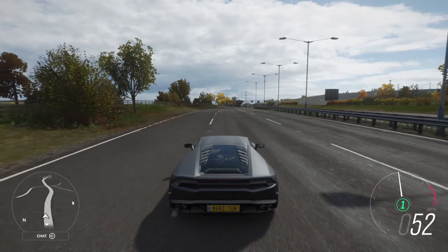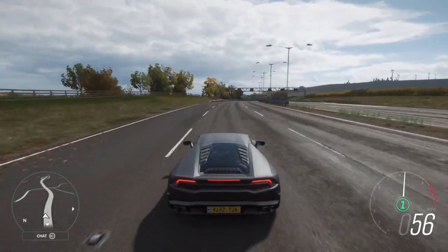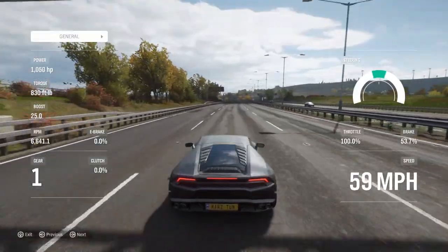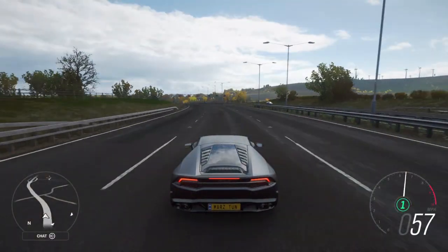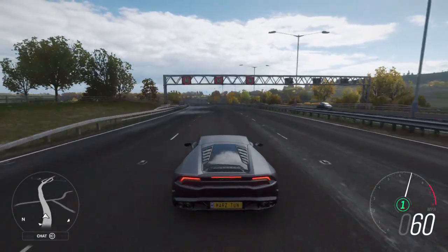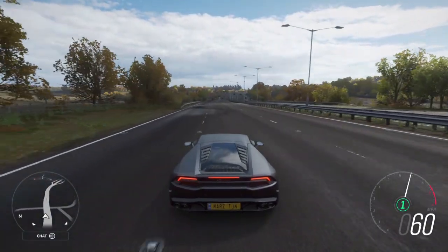Like I mentioned, you're going to get a nice jump in front of the competition with the brake boost. Push the gas all the way down. Control your miles per hour with your brake. As you guys see, you are at 1,000 horsepower. The torque is 380, and then 25 pounds of boost there. So get it to about 60 miles per hour, or whatever number you guys want to race against each other. If it's 50, if it's 60, and then as soon as you get those 3 honks,